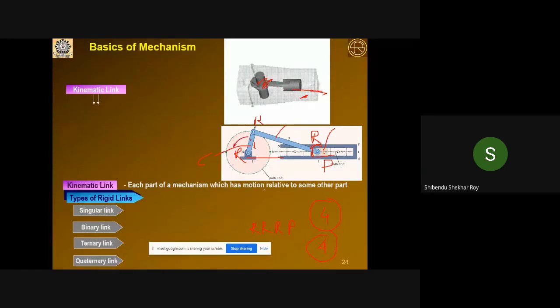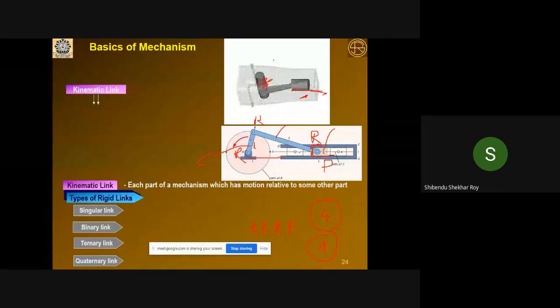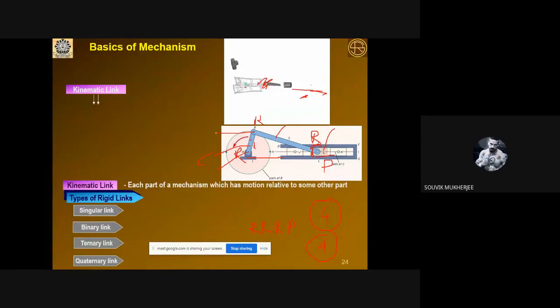Take two cell phones or something like that, overlap one with the other, and rotate one with respect to the other. Rotation takes place with respect to one axis. In this case, only a single axis. In the case of a spherical joint, there are three axes. If you rotate about x, about y, and the third, three mutually perpendicular axes, it will rotate. Got it. Thank you, sir.